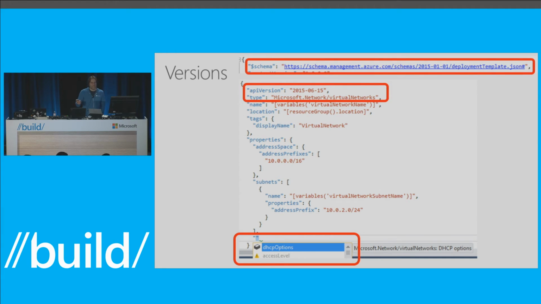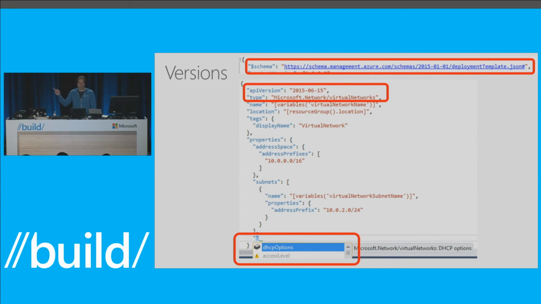When you develop an application and you type in that API version up there, we actually use JSON schema inside of Visual Studio or tools like Eclipse to validate your resource. So you not only get IntelliSense, but you also get things like validation, whether or not that particular property is part of that version, right? And so we make it easy for you to develop.